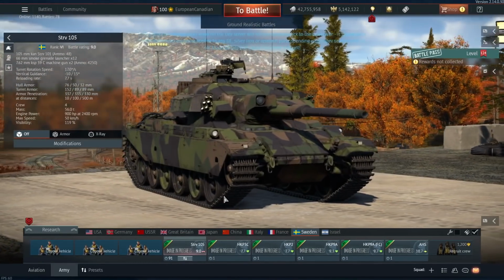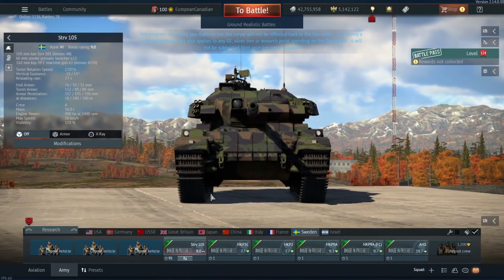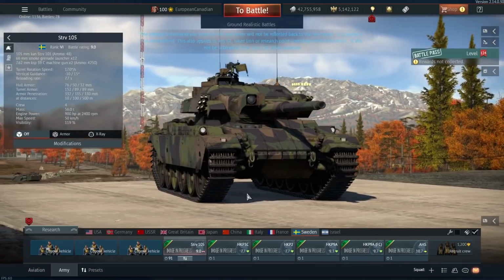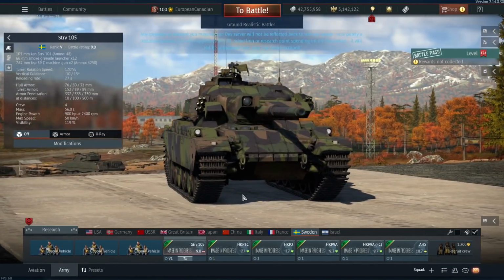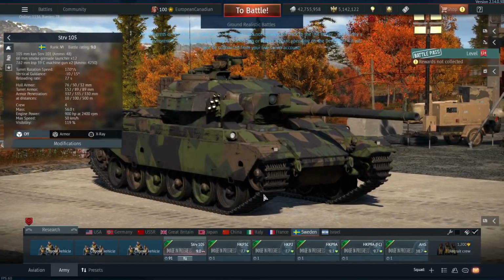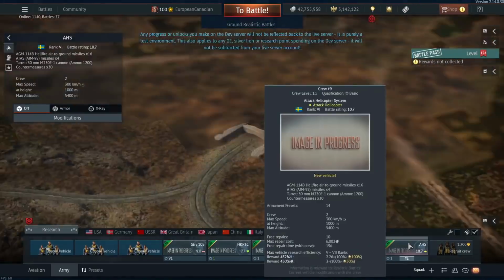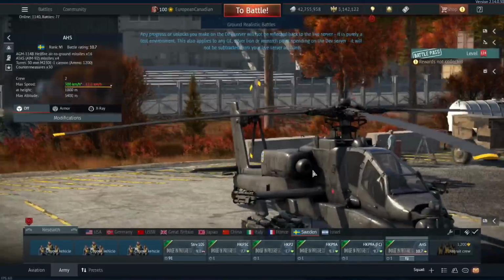to. The Strv 105 was kind of an attempt in the 1990s for the Swedish to try and modernize the STRVs that they had. They obviously had the 104s at the time and also some other ones knocking about, and they were working out what to kind of do with their military. They even ended up testing a bunch of vehicles, including this Apache, which is now coming to the game for